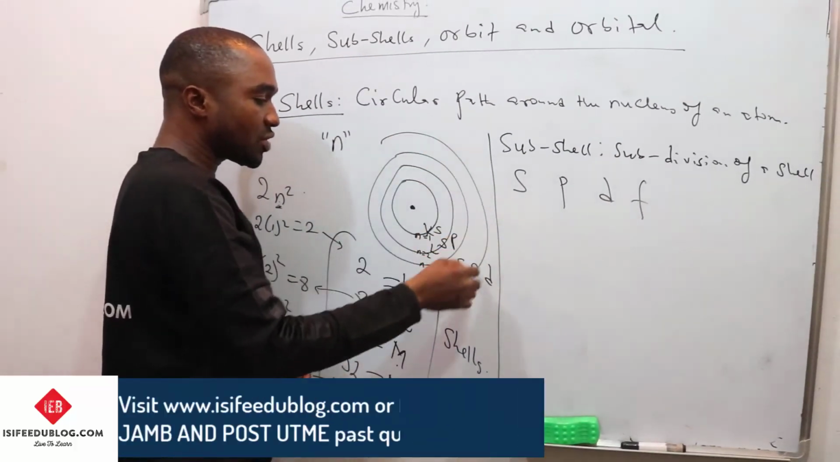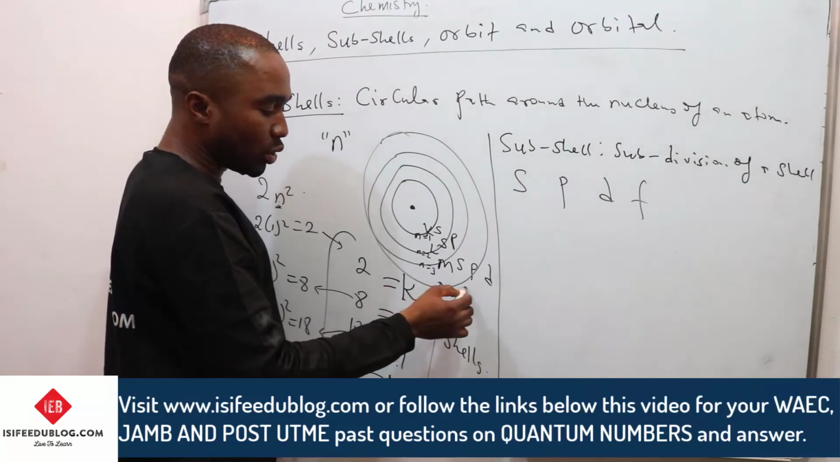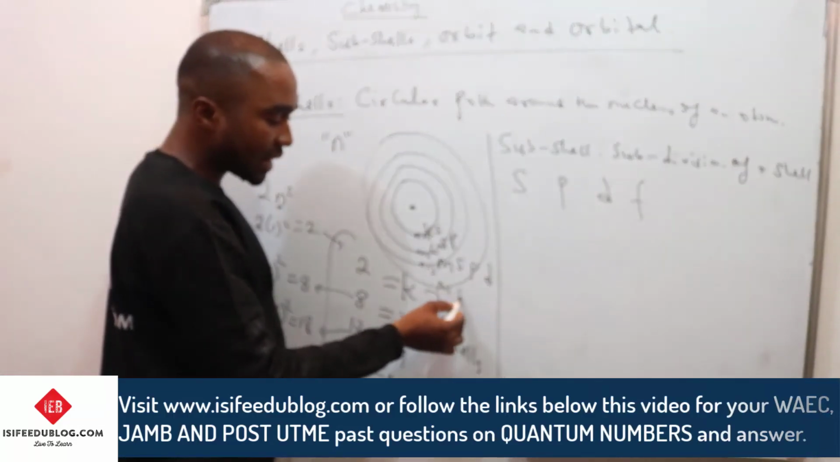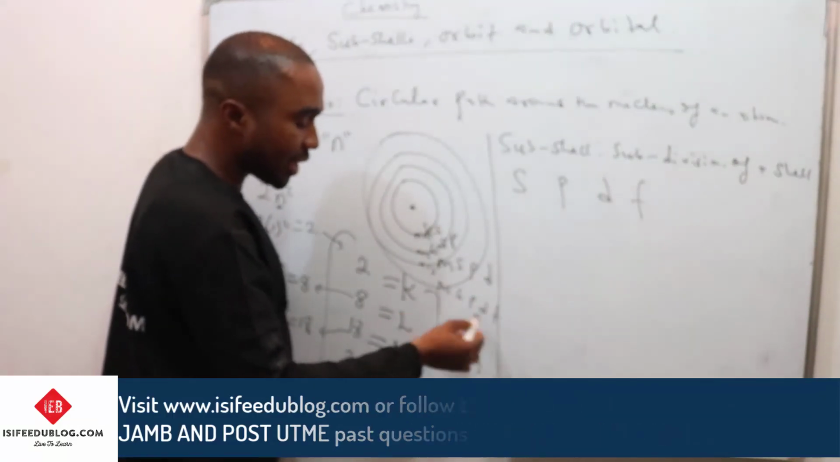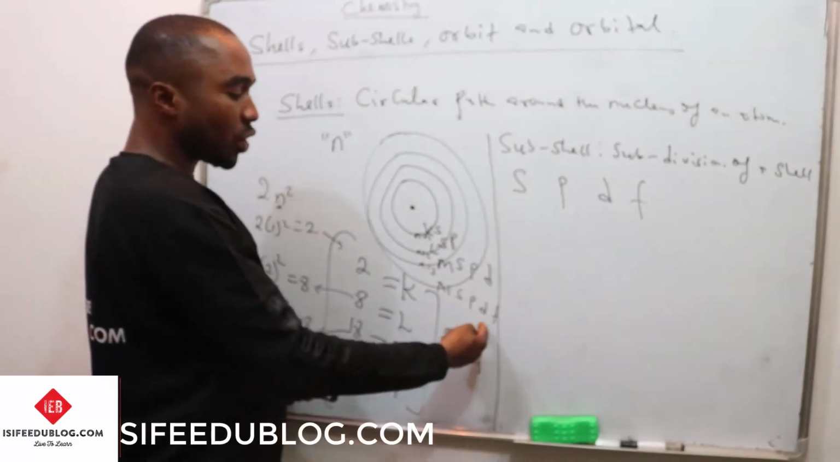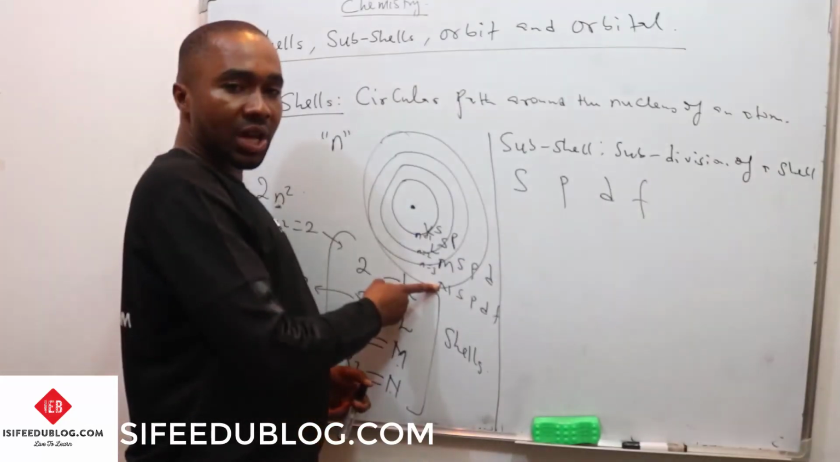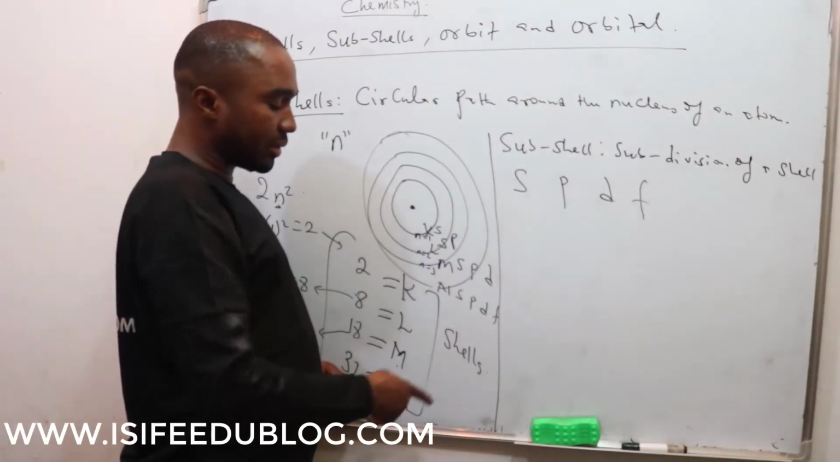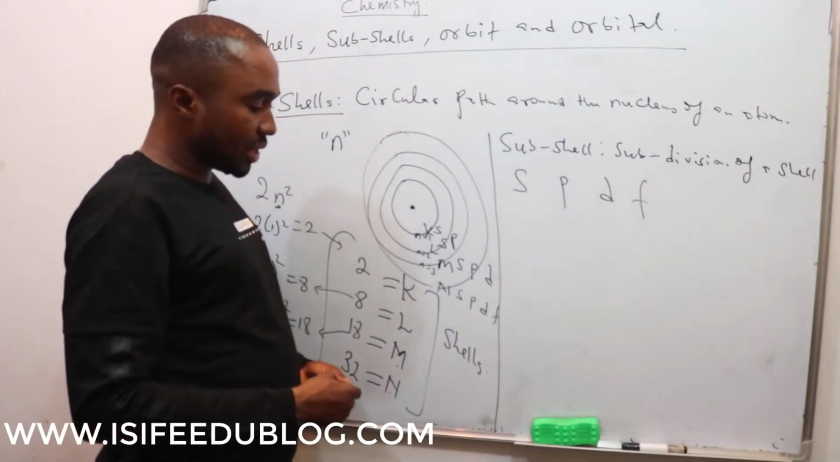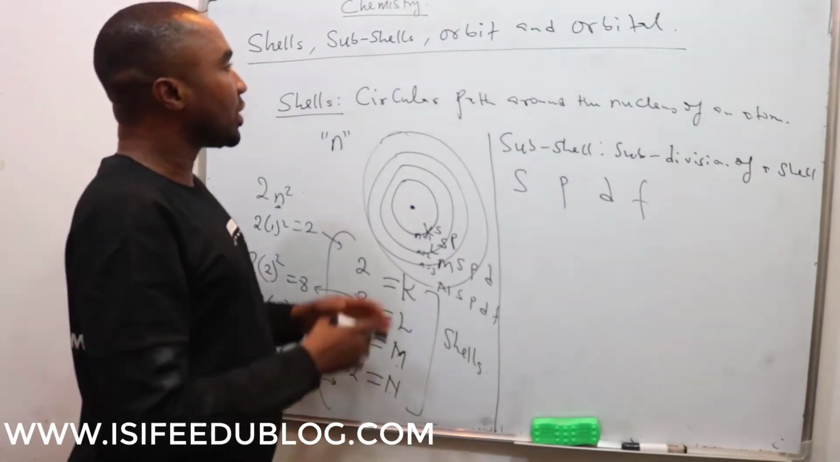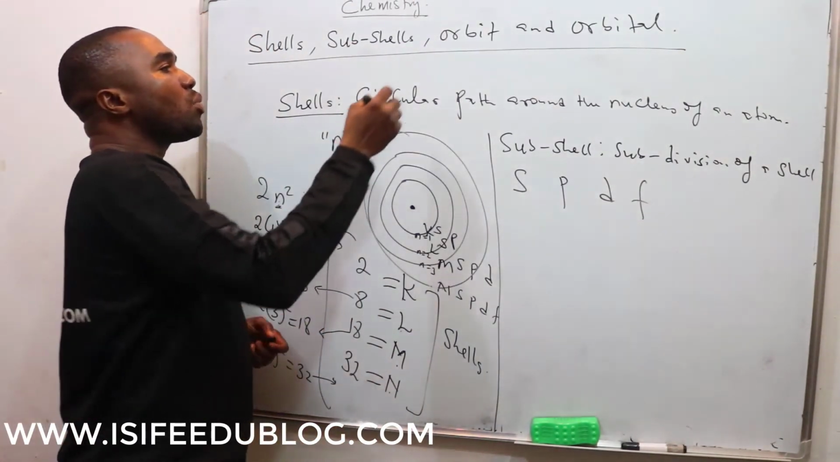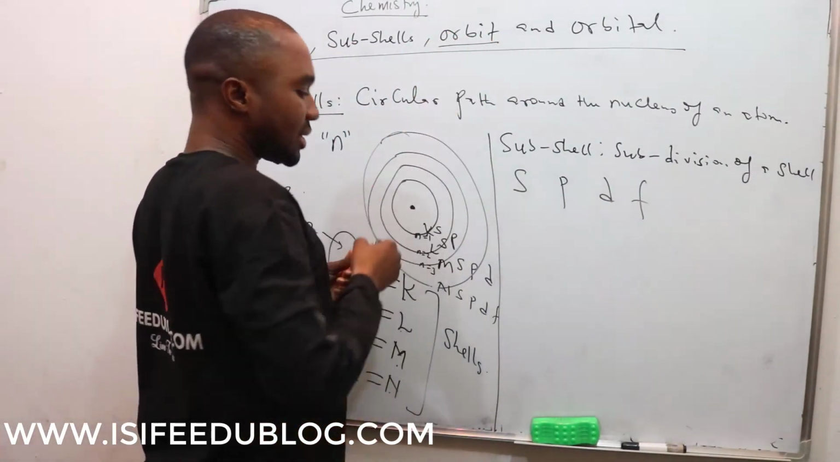If we have the fourth shell now, which is N, we are going to have 4 things because it's 4. That is S, P, D, and F. So these are the subshells. But the main shell here is the N shell, then the subshells are S, P, D, and F. So that is it for the subshell. Then when we are talking about the orbits,